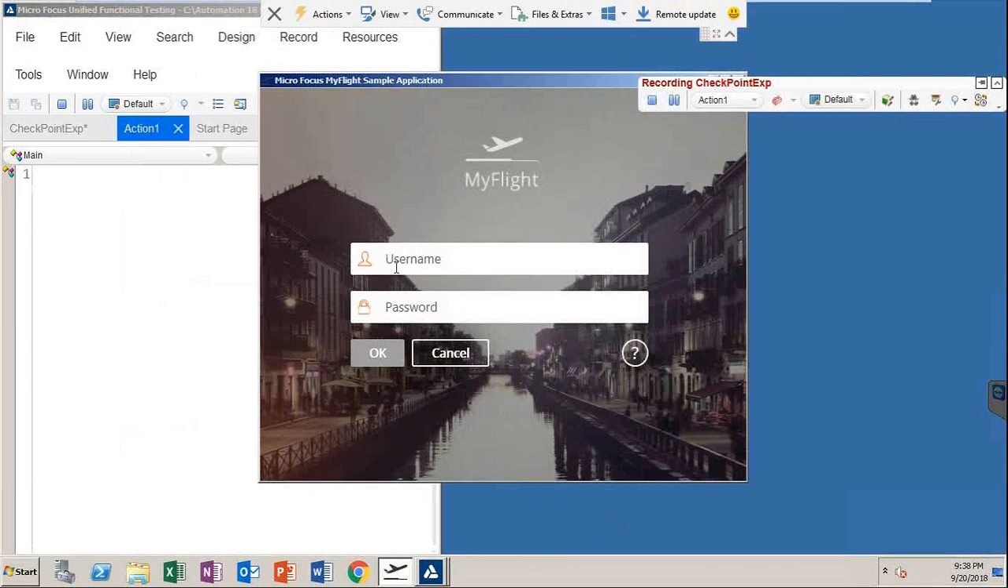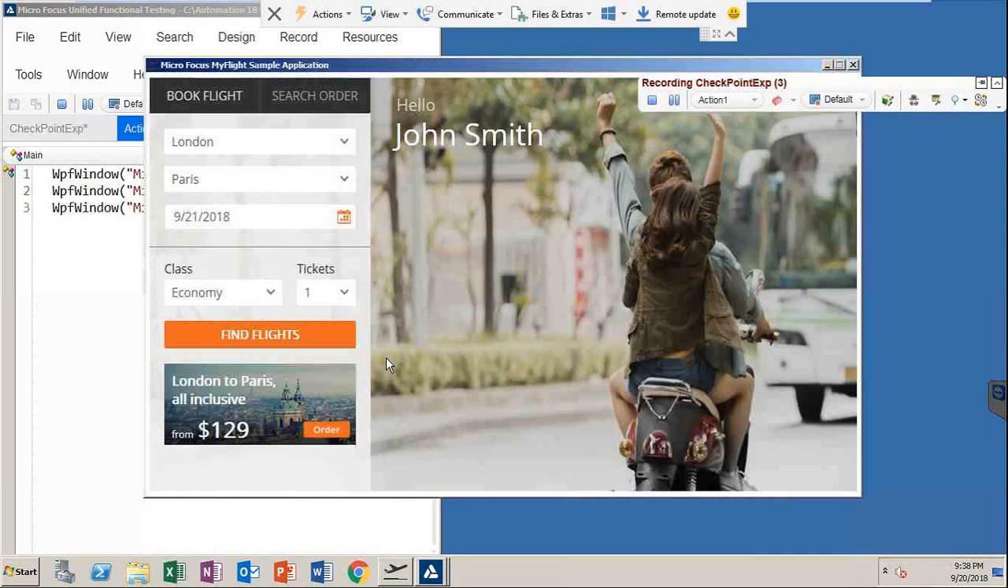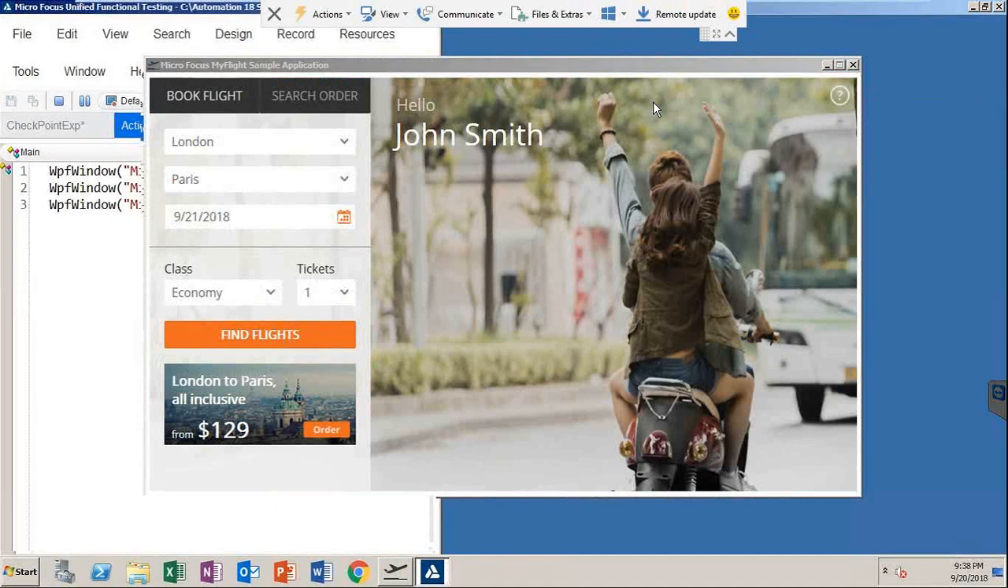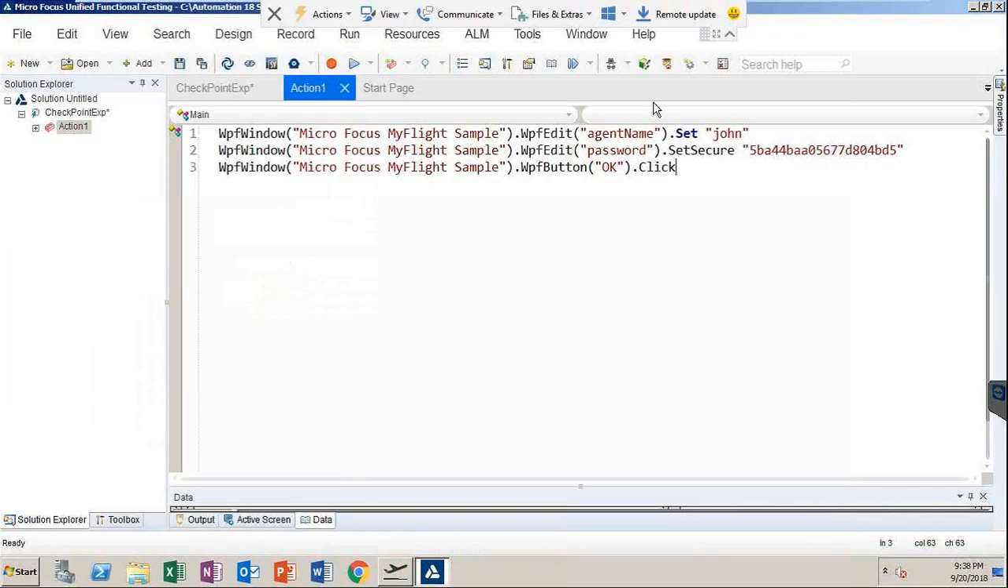Here first I'll set username John. You can see some lines getting written in the editor window. Password is HP. Click on OK. And then for now I'll stop the recording. So I'll click on the stop button to stop recording. So I've just recorded the login part where I'm setting username, password, and then we are clicking on the OK